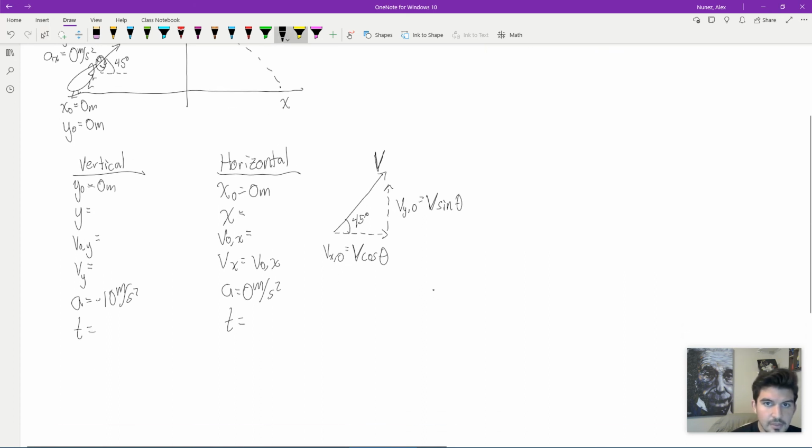So often these are going to be our most important relationships, okay? Because it tells us that if we know big V, we can solve for our components. And if we know one of our components, we can solve for big V, okay? If I divided both sides by V and divided both sides by V initial,